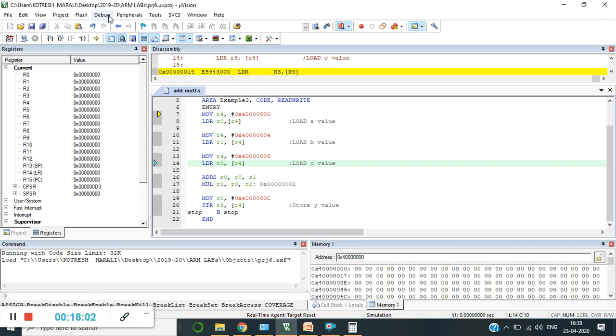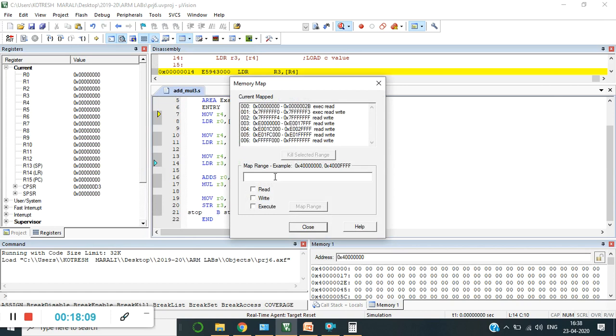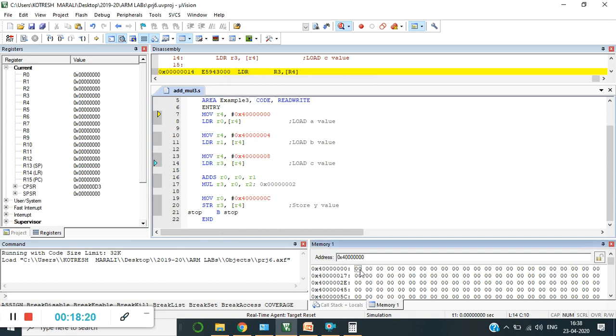Again, I should go to Debug to write that particular data. So again, map this memory once more, quickly. We'll finish this as early as possible. Execute, map range, close. Again this data must be 02.